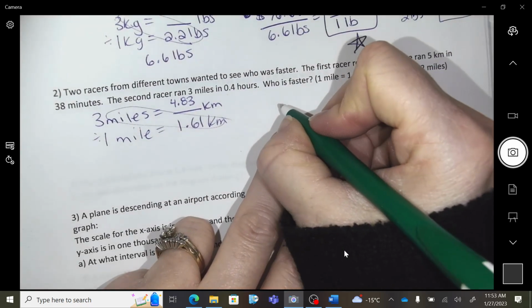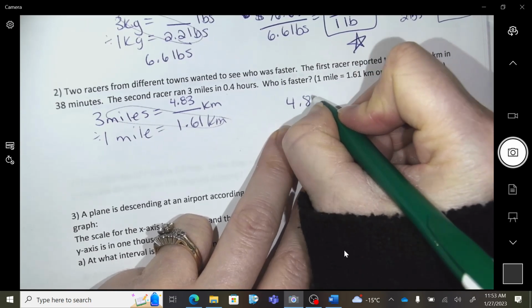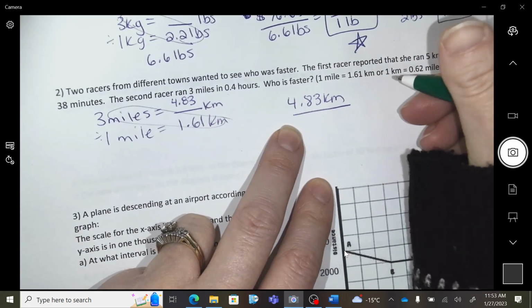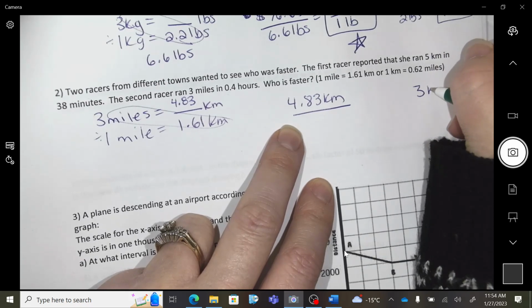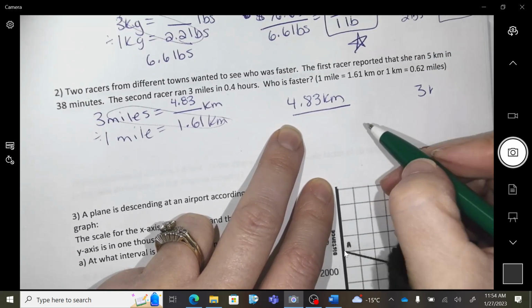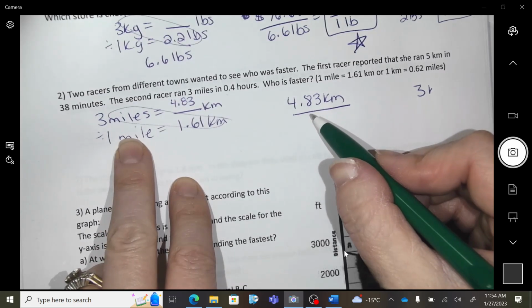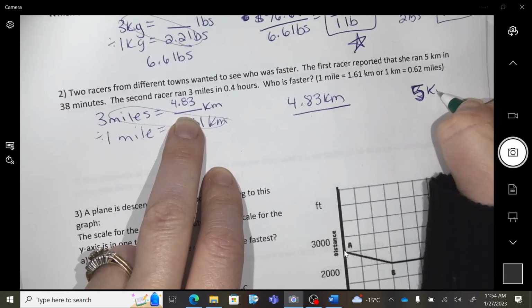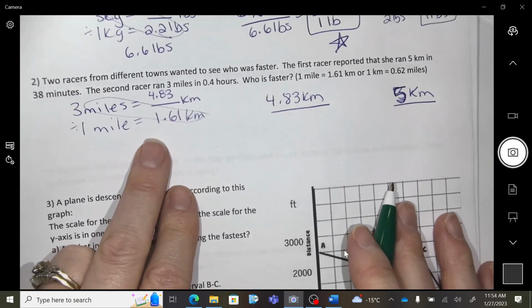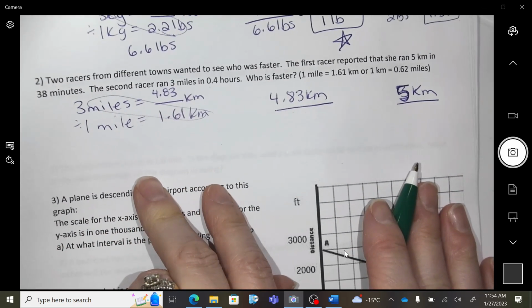Okay, so the first person is 4.83 kilometers. No, what am I doing here? 4.8, and then the other person is 5 kilometers. Okay, and